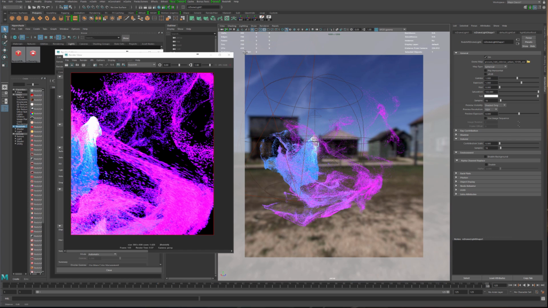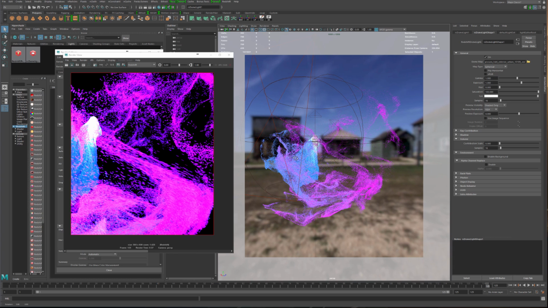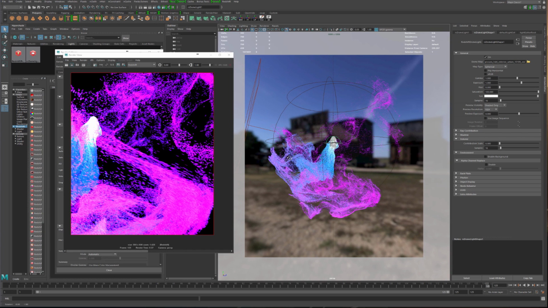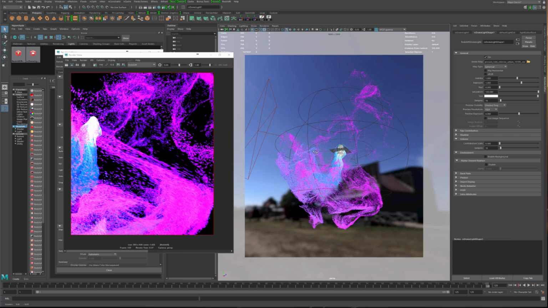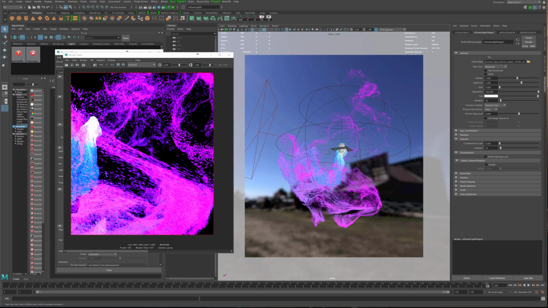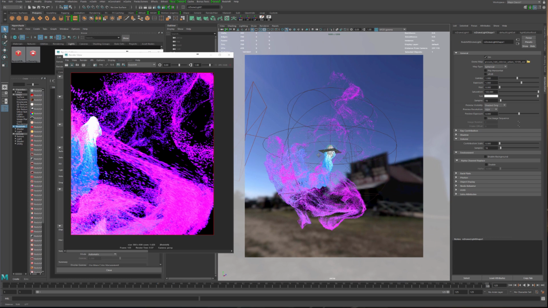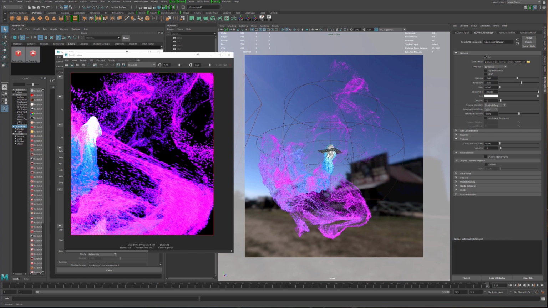I think right now there's 1.5 million particles emitted, a little shy of 1.6 million. So it's a good amount of particles. The viewport's a little slow, but let's move around, get a cool dynamic angle. Let's see, something like this. This looks pretty neat. Let's zoom in a little bit,